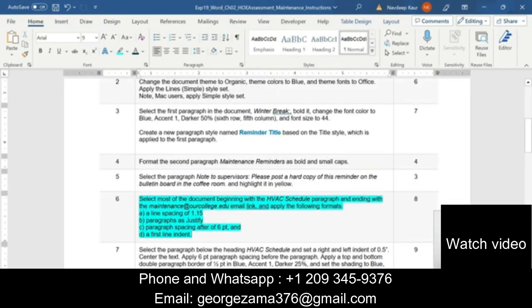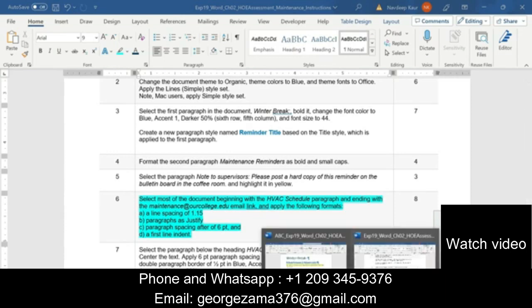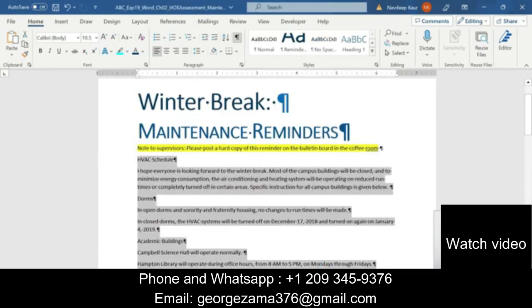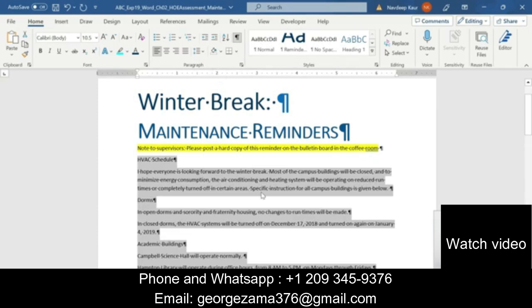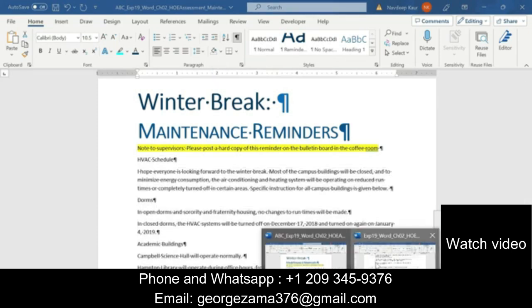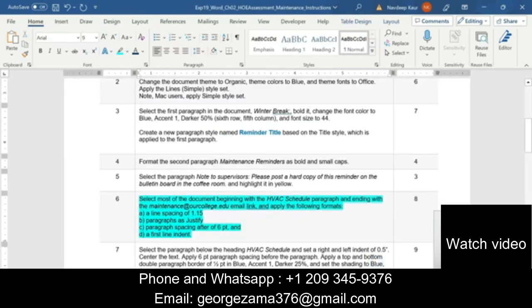First one is a line spacing of 1.15. So we are supposed to change the line spacing to 1.15. You can change this from the paragraph setting, so we apply 1.15 to the selected text. And the next thing to do in this step is paragraph as justify.